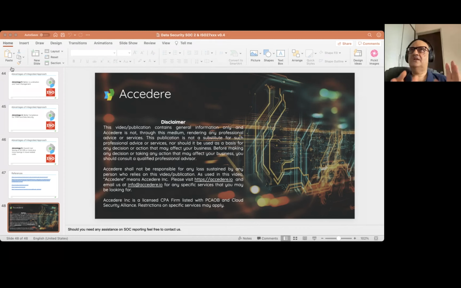It's like living in a small hut versus living in a building with a strong foundation. Where would you like to live? A building with a strong foundation, where you can take care of tsunamis and earthquakes and even shakes to a certain extent. A hut will fly away in a wind of 100 or 200 kilometer speed, but a concrete structure will not. So you have to build your concrete structure in terms of cyber compliance and privacy compliance, and not just a small house which can fly away in a small typhoon or something like that. So I hope I have answered your question.